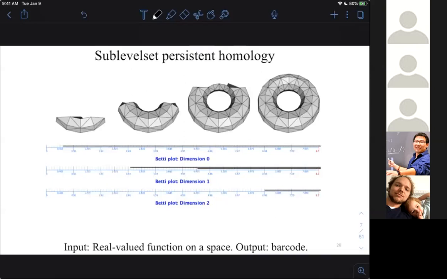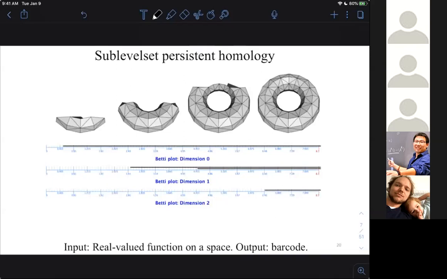Namely, you have a data set, perhaps sampled from a manifold. So you have 1 million points sampled from a manifold. Well, the shape of the data set is just 1 million discrete points. But we're going to thicken the data set by growing balls around the data set. And then as you grow these balls, you get growing spaces that do a good job at estimating the homology of the unknown underlying manifold.